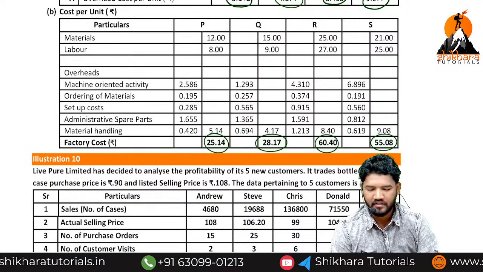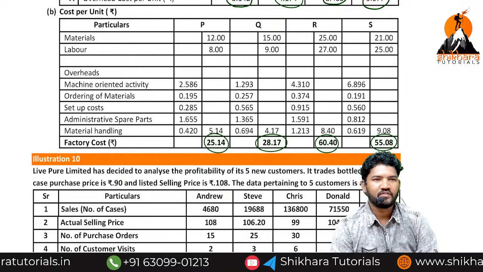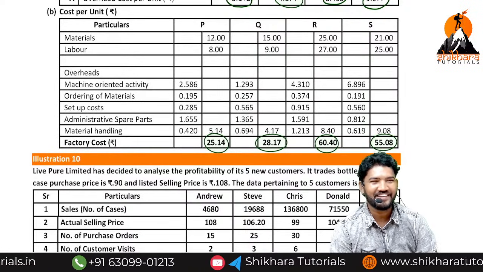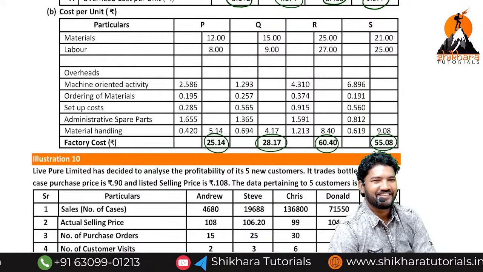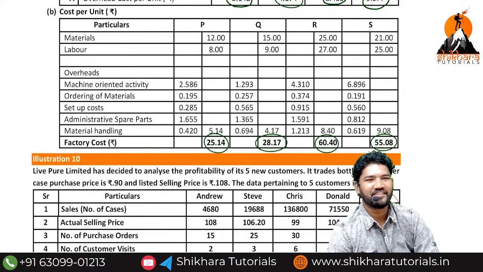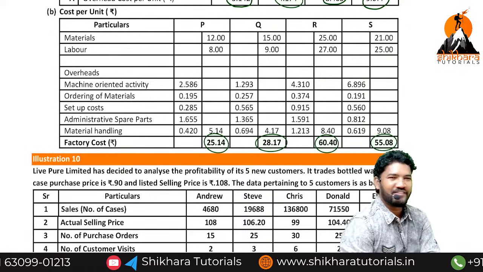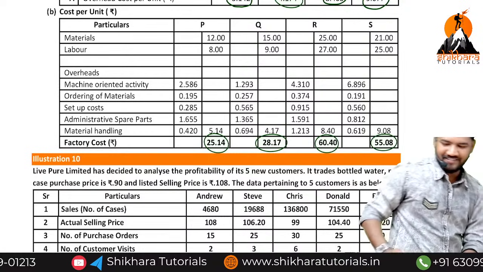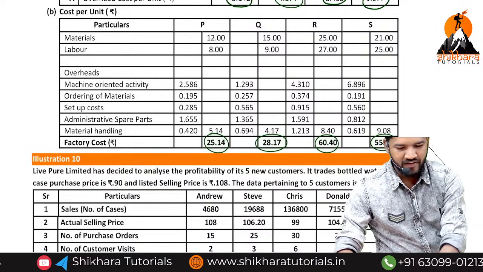Completed? Super. Even the point value is also not changed. Yeah, I know. With your help only that is possible, Sumanth. You are a pillar. Okay, yeah. So